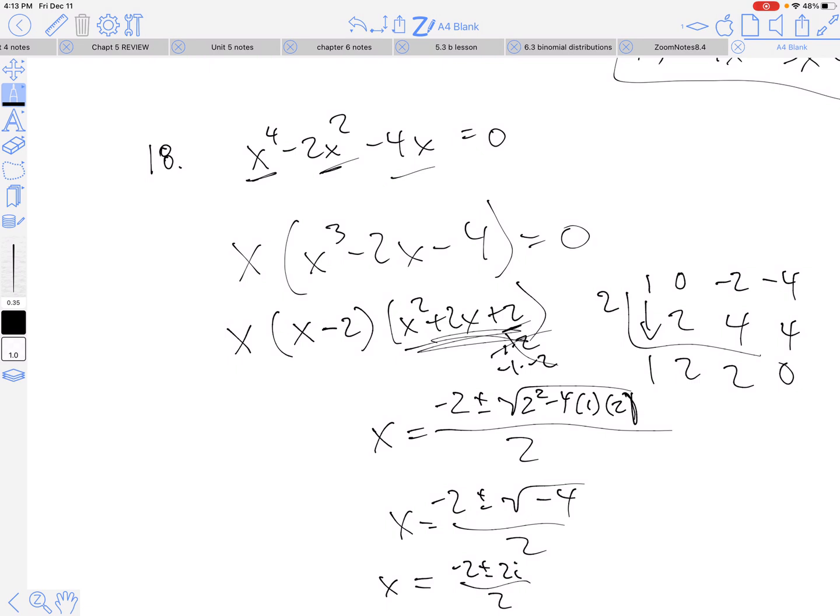Divide both by 2, so we're going to get x equals negative 1 plus or minus i, because divide by 2, divide by 2, divide by 2, we get 1 in each of those spots. And then don't forget we also had 0 from that, and then 2 from that. So there are my 1, 2, 3, 4 solutions. Let me know if you need any other help, but